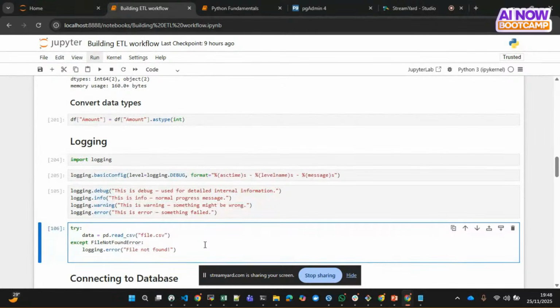So what we now do is to select a specific type of exception. And in this case, the specific type of exception was called the FileNotFoundError. If you run something on your local machine and you do not have the file and you try to read that file into your notebook, you're going to get the error message of file not found. So instead of